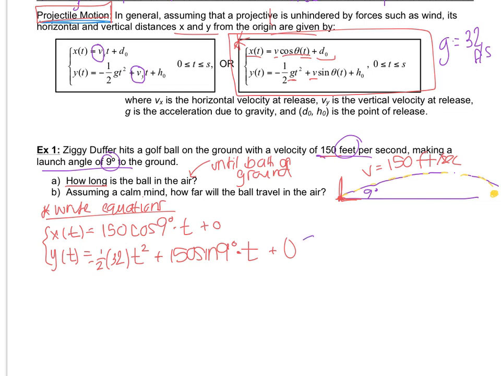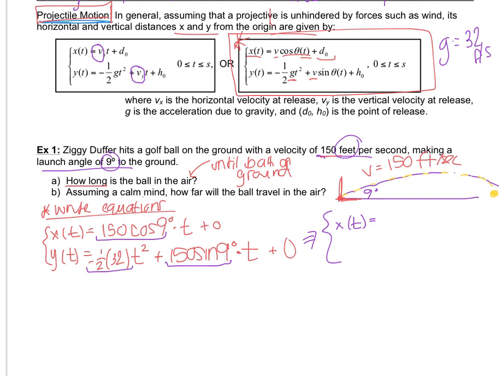Now we're just going to clean them up and simplify them because we can actually compute 150 cosine 9. We can simplify negative 1/2 times 32, and we can compute 150 sine of 9 degrees. So our actual parametric equations simplified are x of t equals 150 times the cosine of 9. So you'd want to compute that, and make sure you're in degrees since we're given our angle theta in degrees. 150 times the cosine of 9 is,